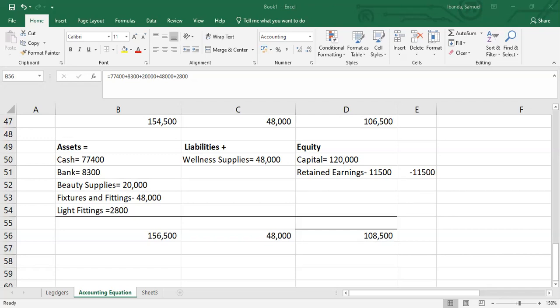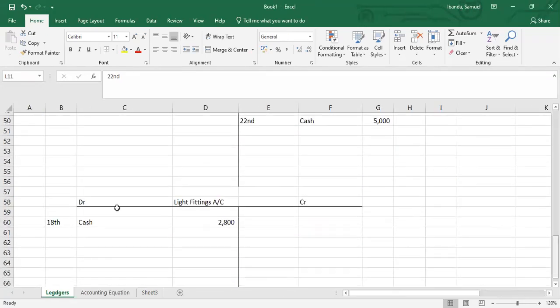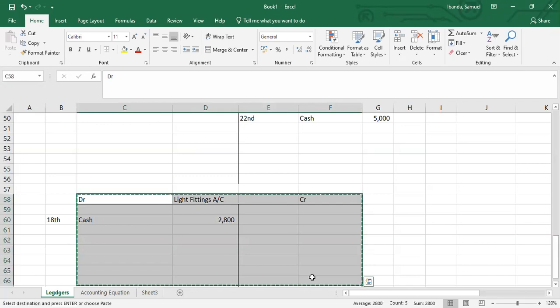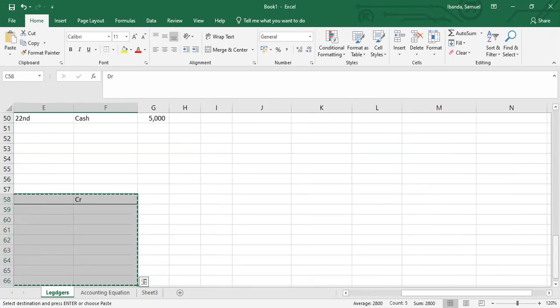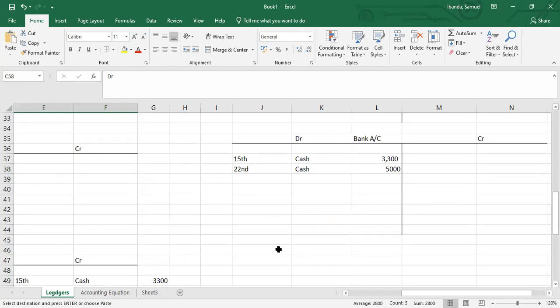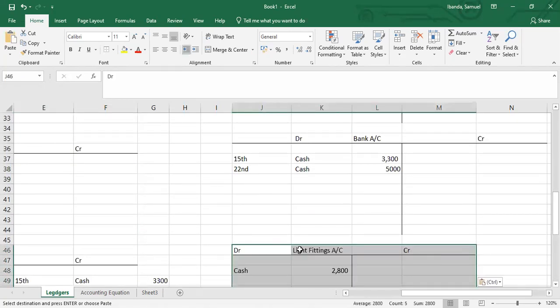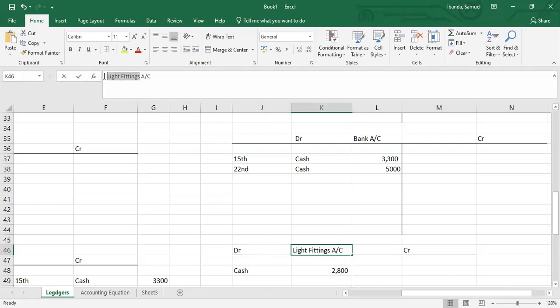So the other transaction is withdraw cash. Withdraw cash 6,000 from the business for personal use. Now, there we have two accounts. We have the drawings account and the cash account. Since we don't have the drawings account, we shall draw it very fast. Okay. So drawings worth how much? Worth 6K. So as cash is credited with drawings,